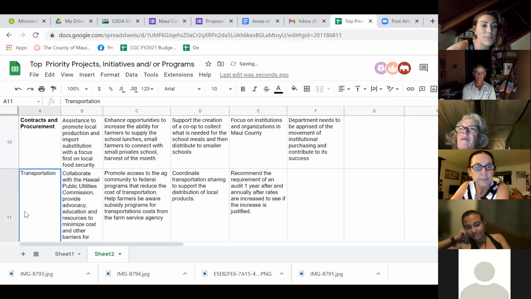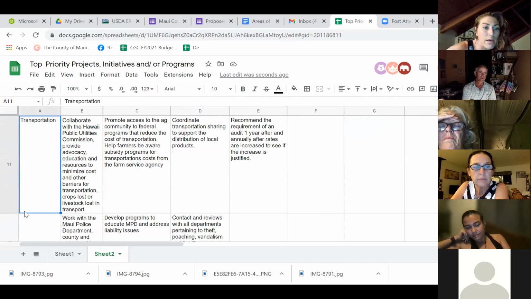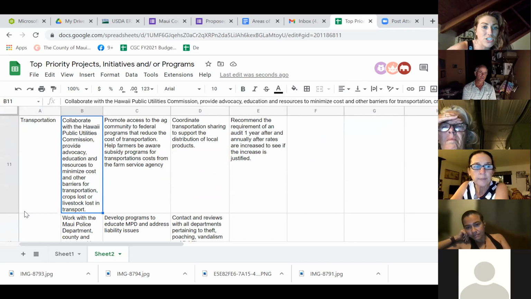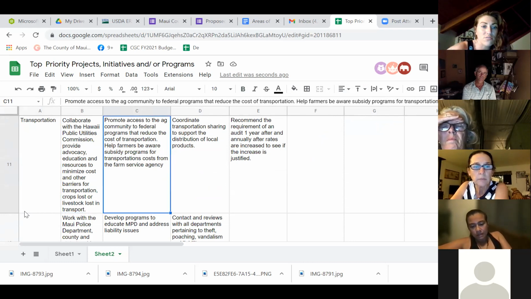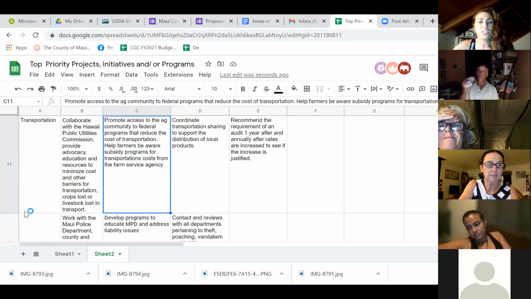And transportation: collaborate with the Hawaii PUC, provide advocacy, education, and resources to minimize cost and other barriers for transportation, crops lost, or livestock lost in transportation. Promote access for the ag community to federal programs that reduce the cost of transportation, help farmers be aware of subsidy programs for transportation costs from the Farm Service Agency, coordinate transportation sharing to support the distribution of local products,